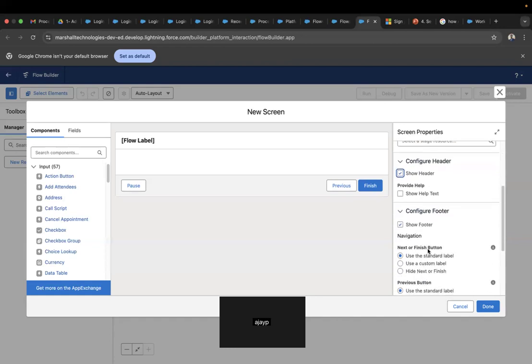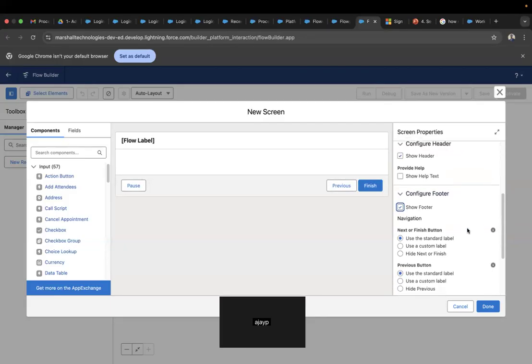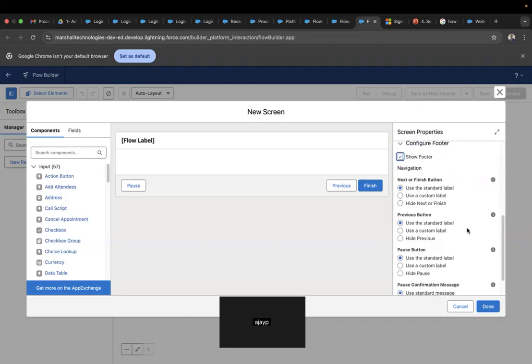Okay. Similarly, you have footer. You can hide the footer as well with the help of this checkbox. If you click on this, you can hide the footer, and you have more flexibility. You have more flexibility to handle these buttons as well. Previous, finish, and pause. These buttons as well can be handled with the help of